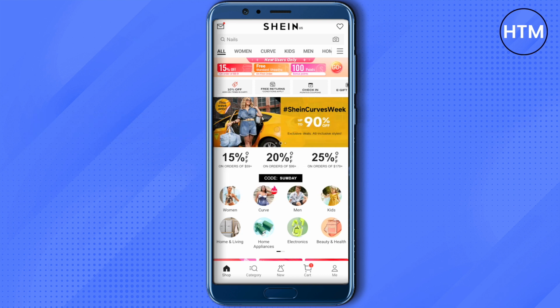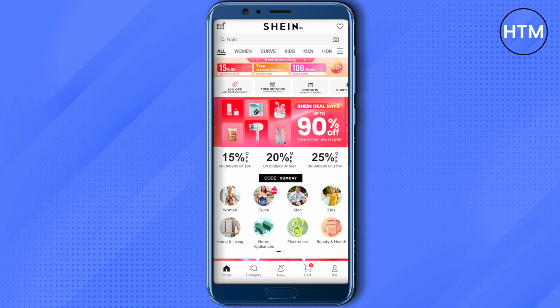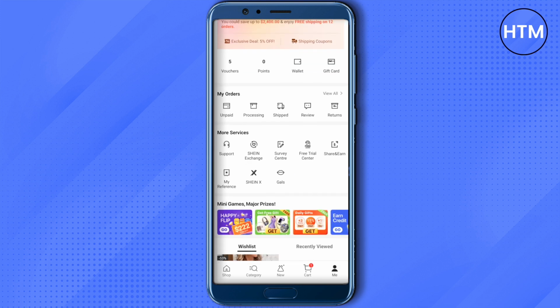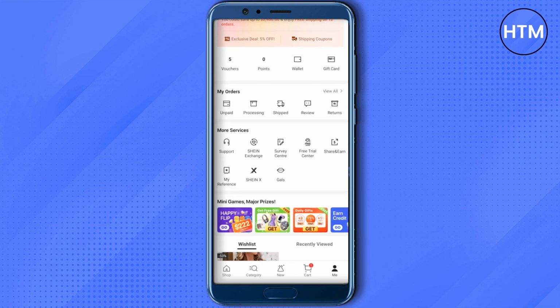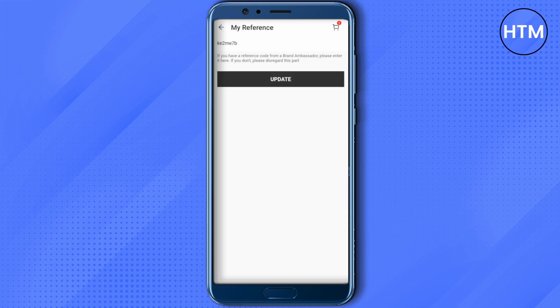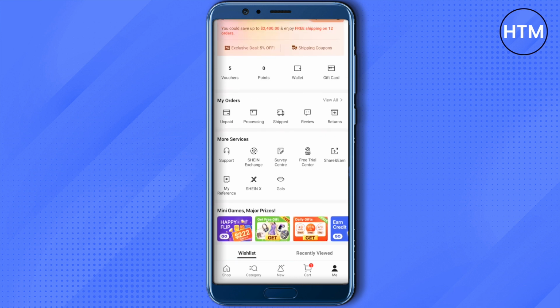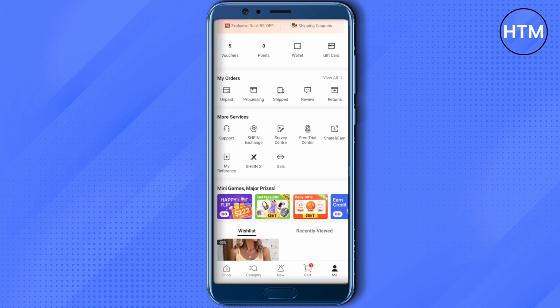So for that you need to open up your Shein app, then go to the Me section on the bottom. After that you will find this option of My Reference in the More Services section. Just click on it, and in this section just provide this code, and after that click on update. After that you will be able to add another discount code over the discount code that I just gave you,